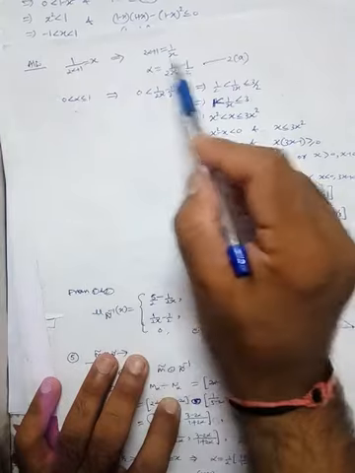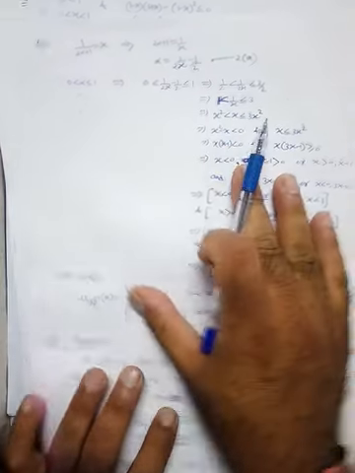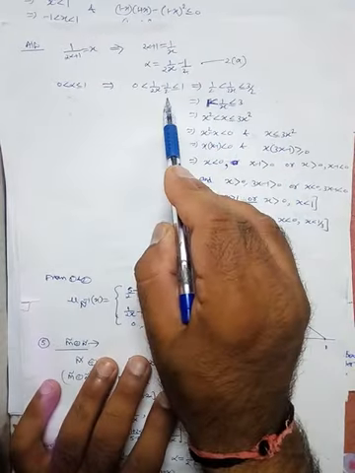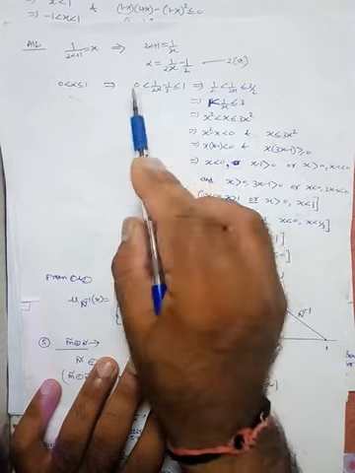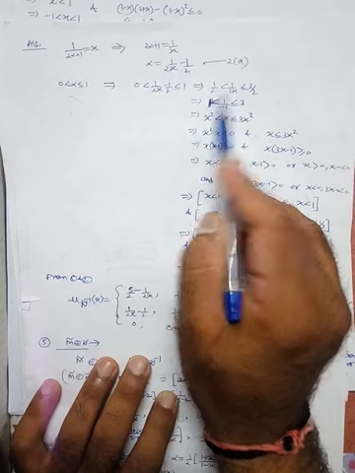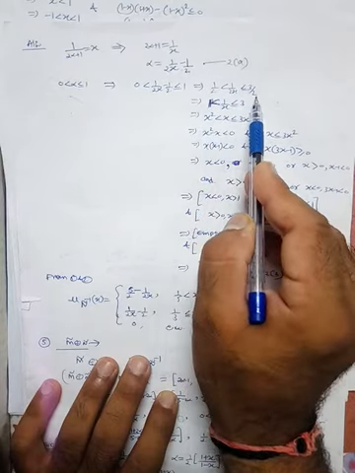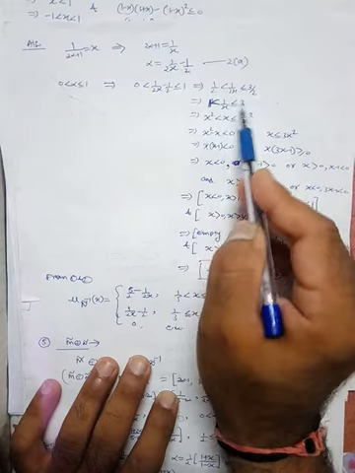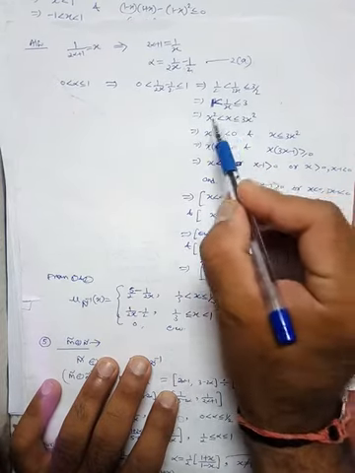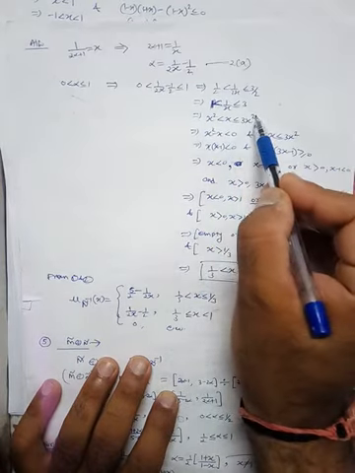So put alpha is equal to 1 by 2x minus half. So put it here, then subtract minus half, so add 1 by half. So 1 by 2 is less than 1 by 2x is less than 3 by 2. Multiply by 2. So 1 is less than 1 by x is less than 3. Again multiply by x square. So x square is less than x is less than 3x square.